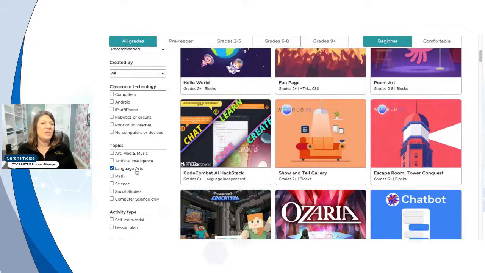I want to do something computer science with reading. I love this because it helps students see the connection of computer science and all these other subject areas and really begin to understand that coding and computer science are tools that can be applied to really anything, any job, any hobby, any focus.